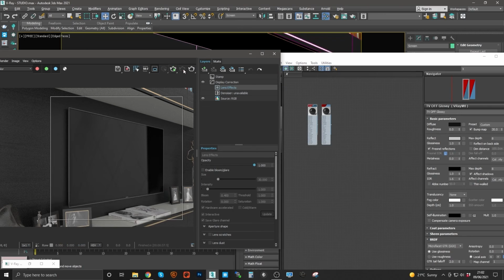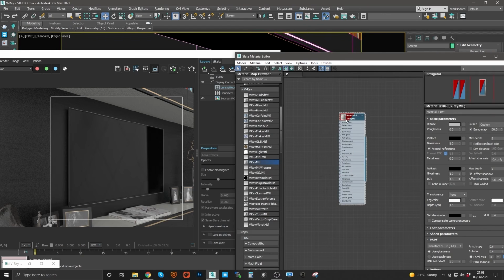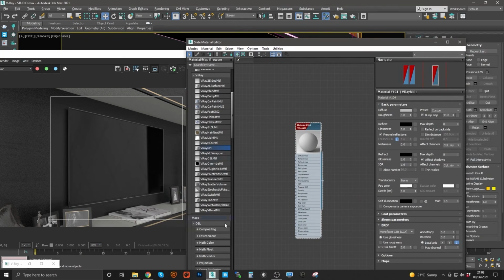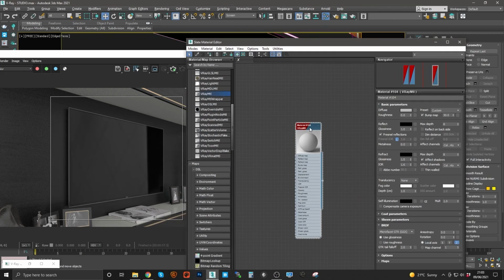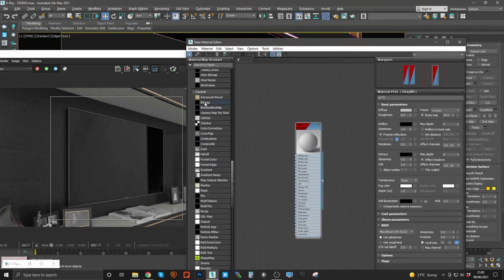All right, so I'm gonna press stop for now, and we're gonna create a lit material, right? So the first option is gonna be with V-Ray material, right? So with V-Ray material, we're gonna type this lit TV. Okay, so we're gonna grab a bitmap, whatever bitmap you can find at 1080p or 4K, doesn't matter, because